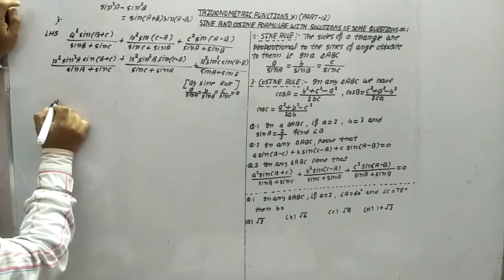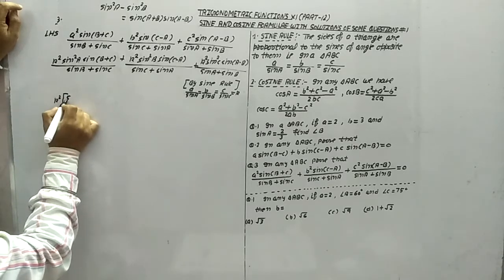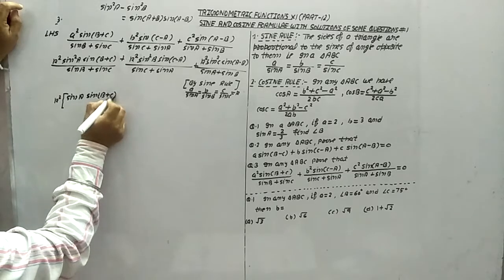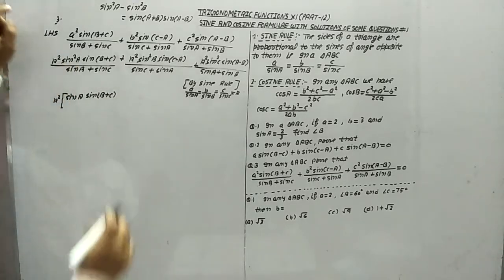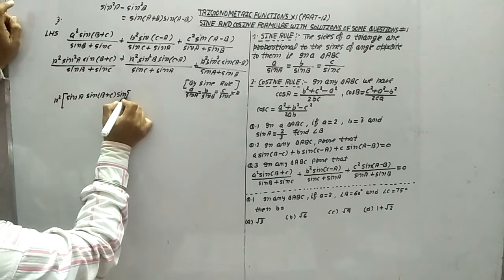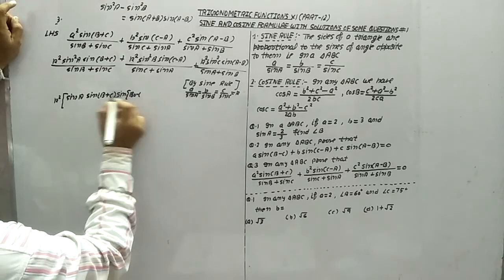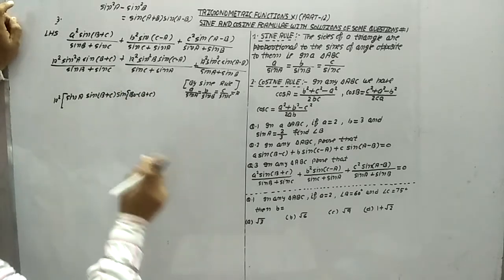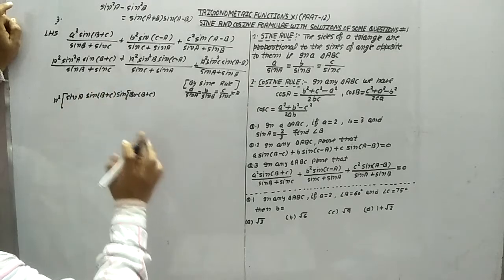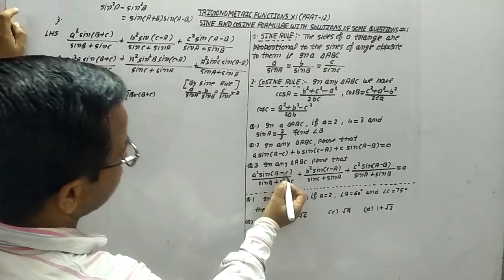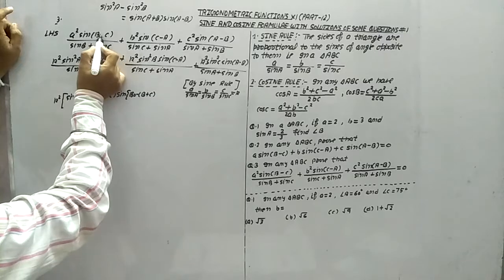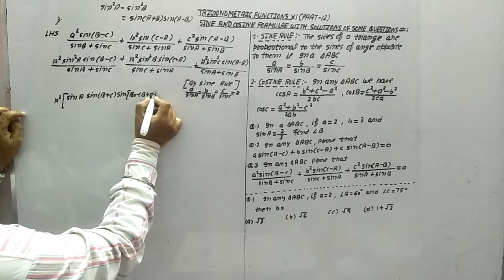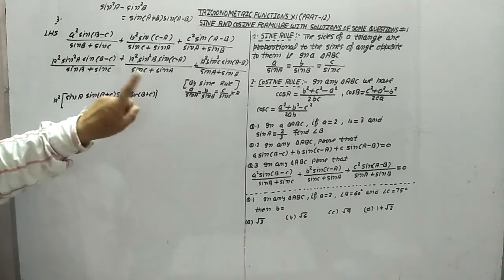Now look at this thing, what we are going to do: K square is common. Sin A, one sine we are splitting, sin B plus C, and one sin A, we are writing sin 180 minus B plus C. So in this part, this is the angle B minus C. Otherwise it is not possible to solve this question. By mistake we mentioned this thing. So this is 180 minus B plus C in this triangle ABC.